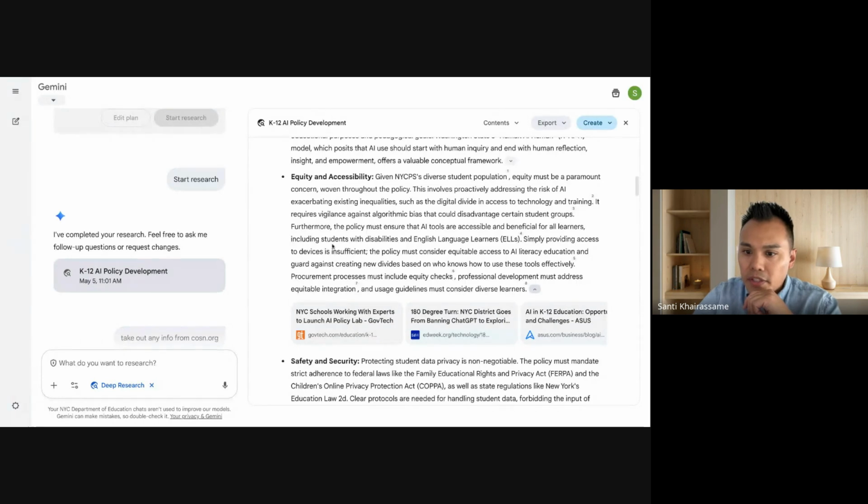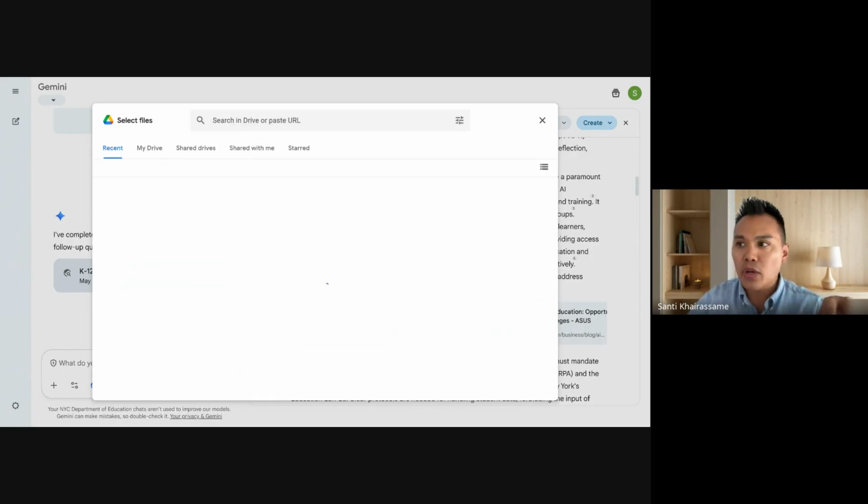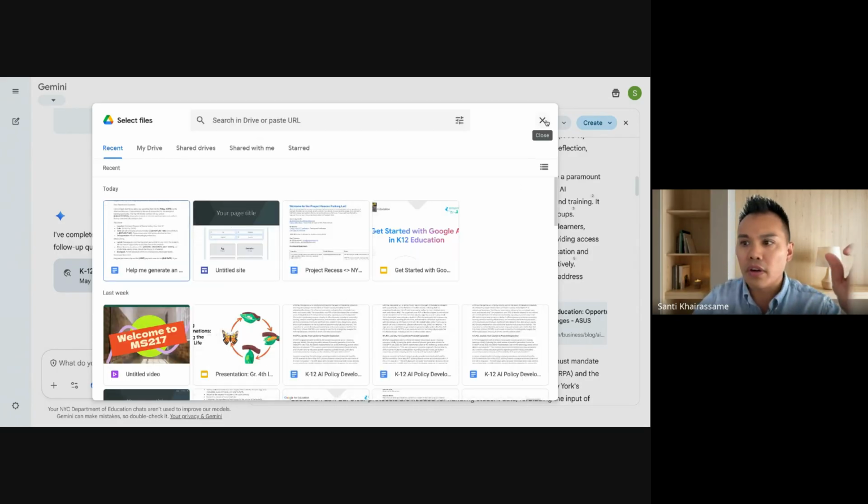Yes, Ms. Scott, yes. Since these AI tools are approved, you can take a page or a portion of your HMH curriculum and upload it into this tool, right? You can upload files from your computer, upload from your school Google Drive, and then you can ask Gemini to further tailor a lesson plan that's aligned with that curriculum that you uploaded, or make it more culturally responsive, or what have you.